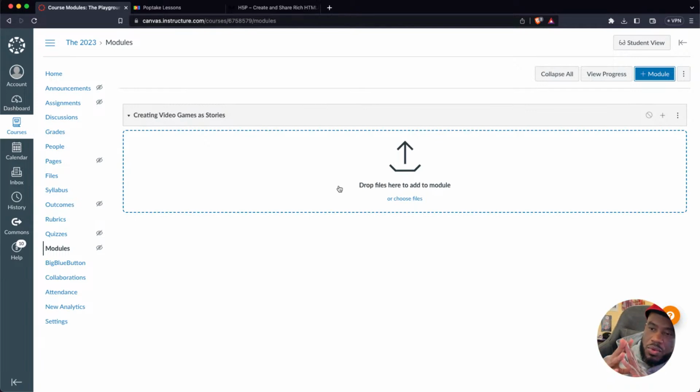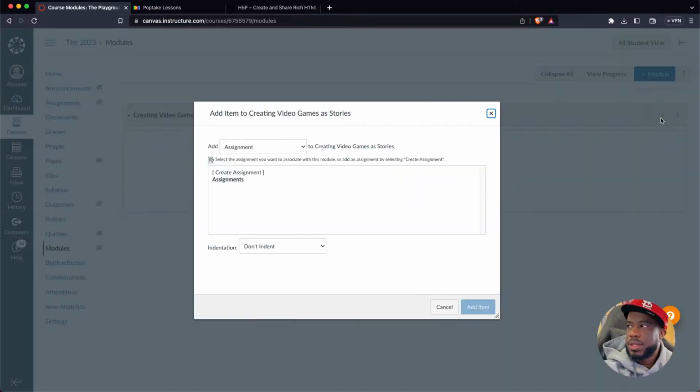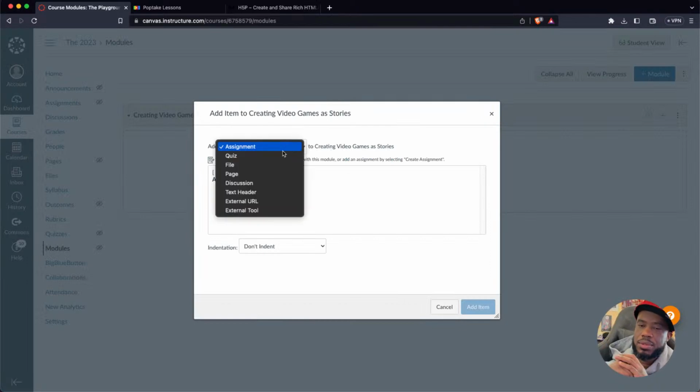Great. And here is where you have your first real choices in terms of how things are designed. You hit that little plus sign at the top. It's going to give you all of the page types. Is this an assignment? Is it something that you want the kid to turn in? Is it a quiz, in a traditional sense? Is it a file that you have on your desktop or something that you just want to upload and reference? It's a page, just a regular page where I don't want any interaction or back and forth with anybody. Is it a discussion, which is my default page, and I'm going to show you why in just a second.